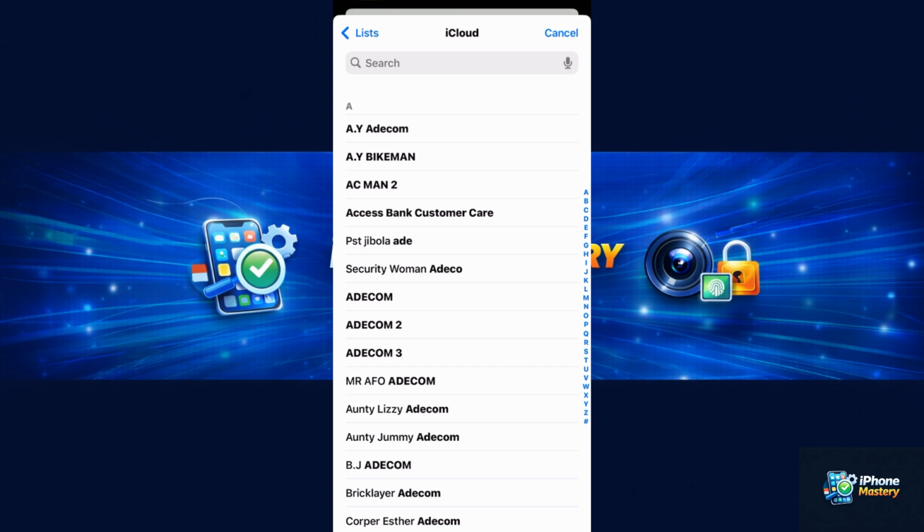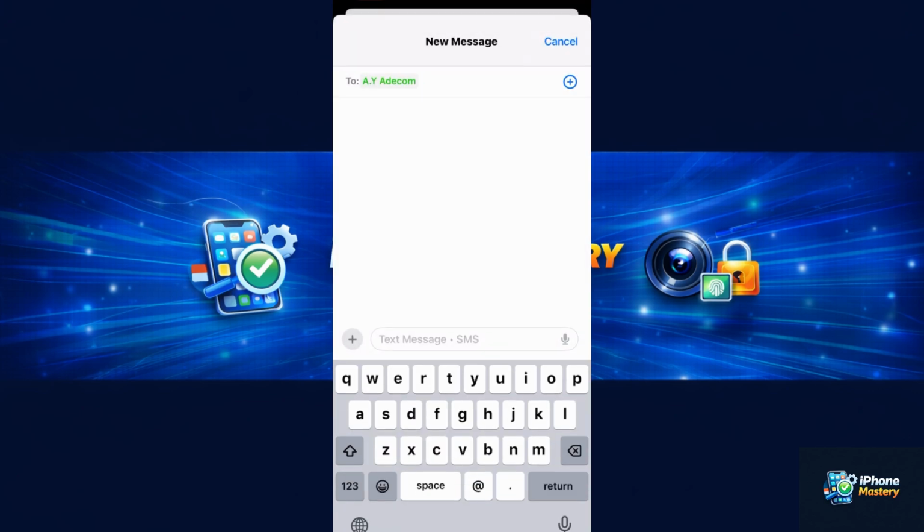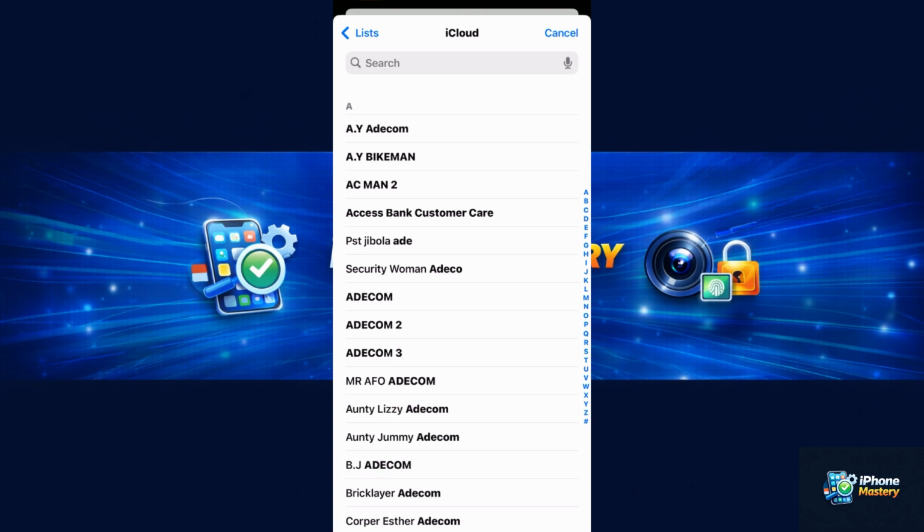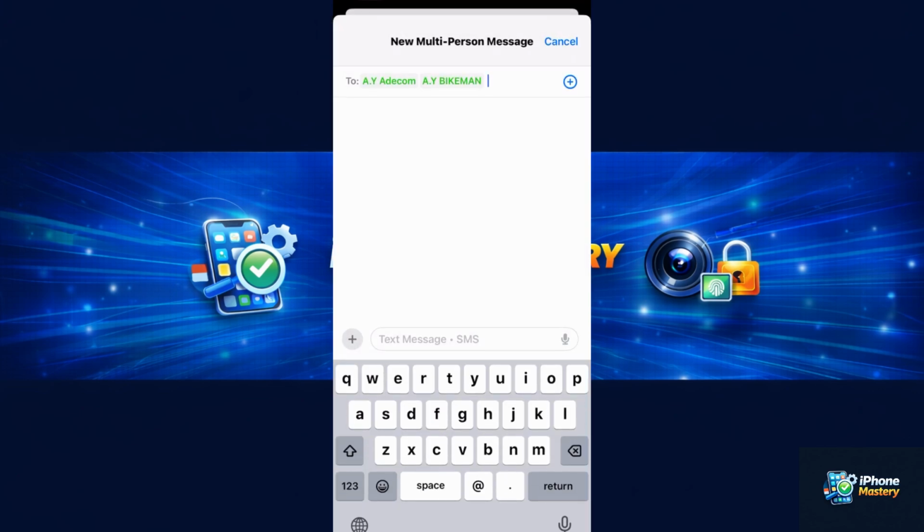Let's select this first person. If you do not have the contact saved on your phone, you can enter the phone number manually in this place. You just have to tap on it again to select the second person. You can continue to tap on it like that to select those people you want to send the group message to. Once you are done selecting them,